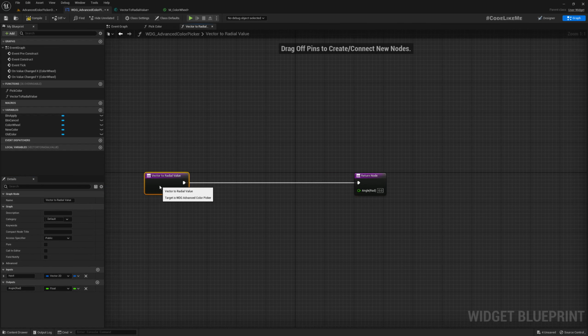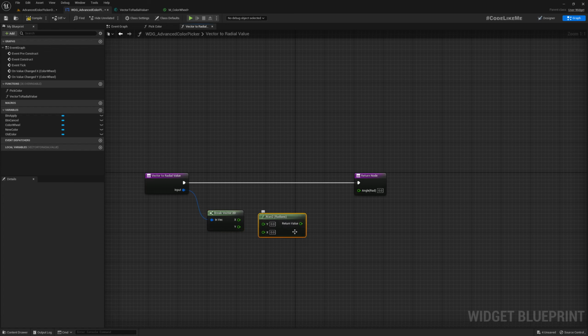We can break this, and then we have this atan2 function. So I need to put x to x, y to y. So this will give us the angle in radians based on this input. Now if I go here, vector to radial, this is the input,